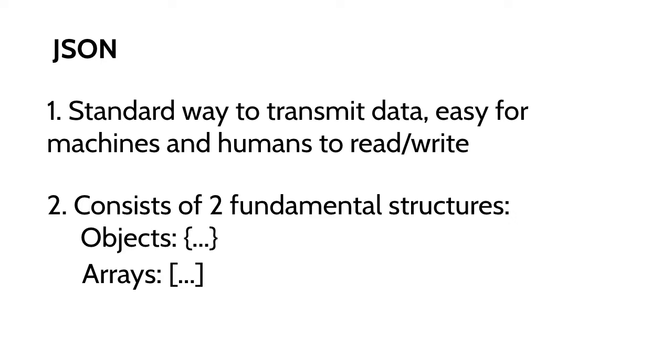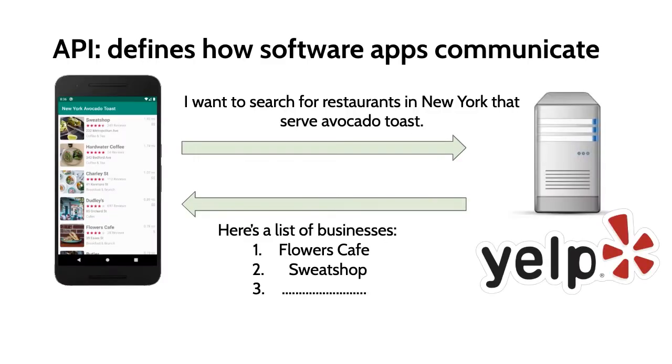An array is an ordered collection of values, and again, the values could be anything. An array is denoted by square brackets. And this will make more sense once we actually look at example data from the Yelp API in a little bit. But going back to this slide, which shows the architecture diagram, the reason why JSON is important is